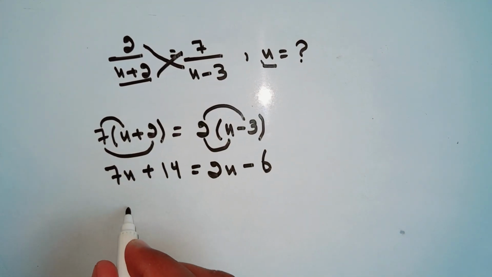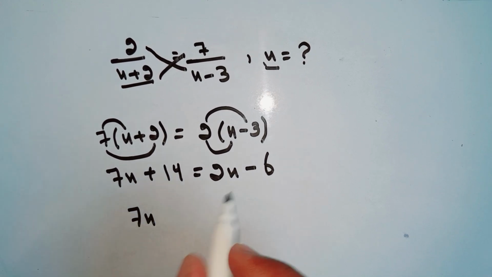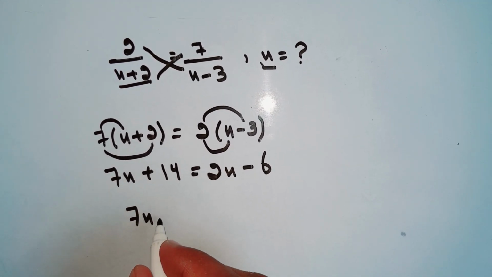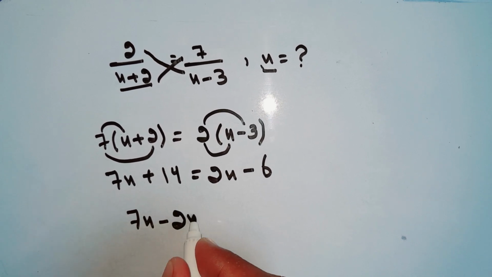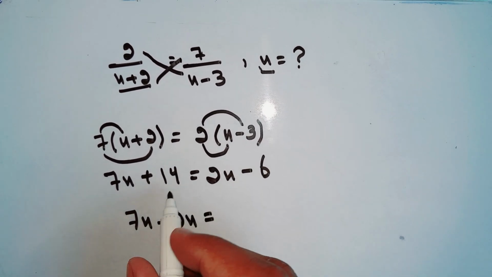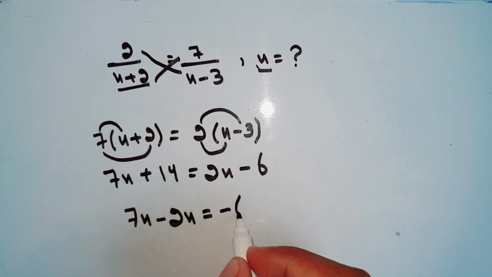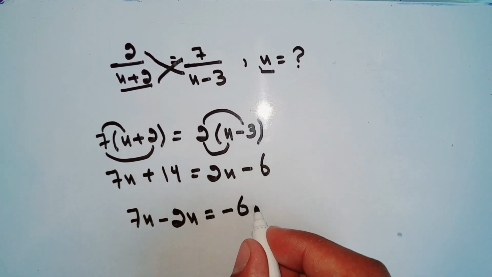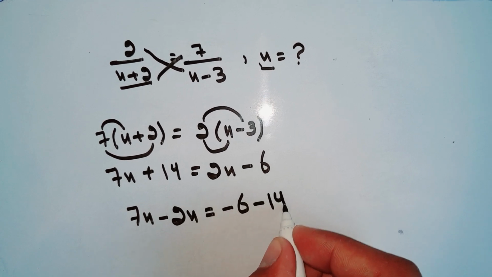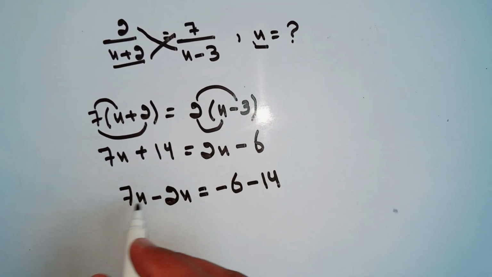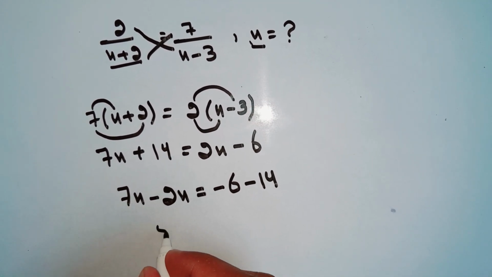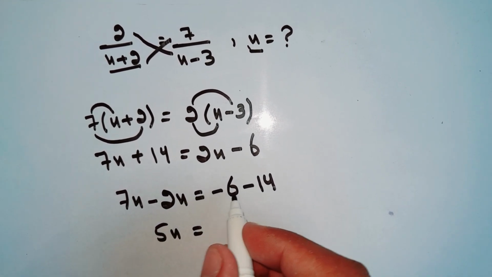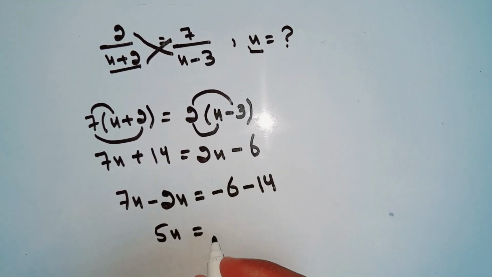So now 7x, we move plus 2x to the other side of the equal sign, it becomes minus 2x. Equals minus 6 plus 14, we move plus 14 to the other side of the equal sign, it becomes minus 14. So now 7x minus 2x is equal to 5x, equals minus 6 minus 14, which is equal to